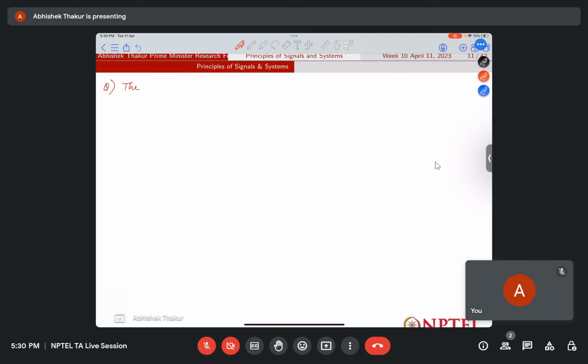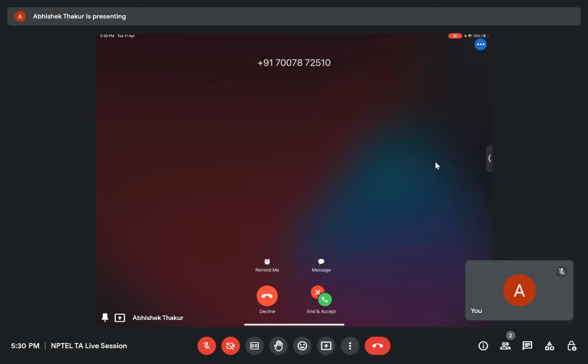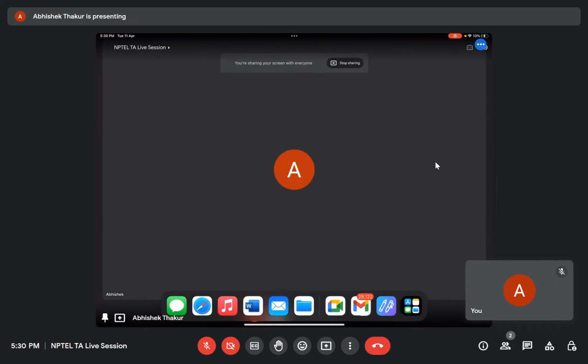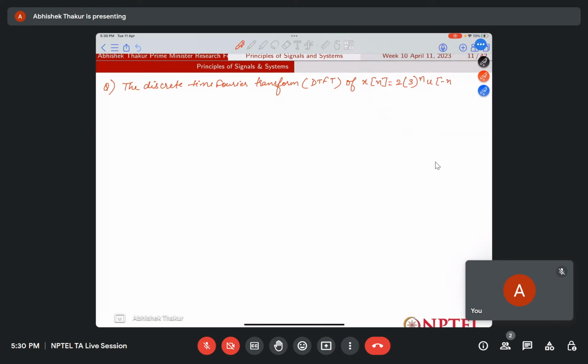So now we will solve another question. The discrete time Fourier transform, DTFT, of x of n is equal to 2 into 3 to the power of n u of minus n. We have to find this. So the solution will be